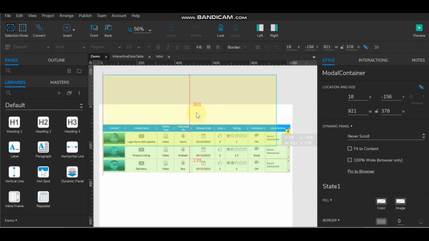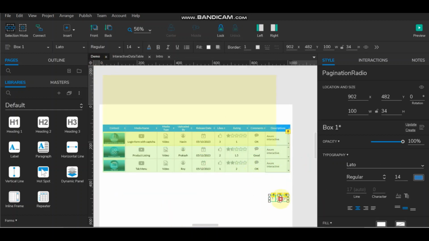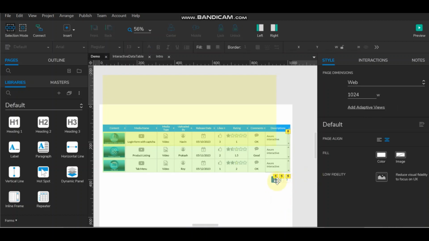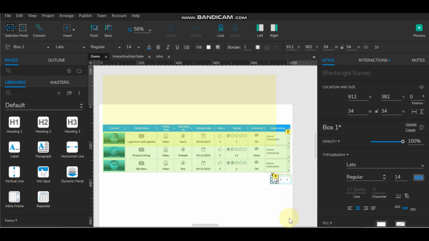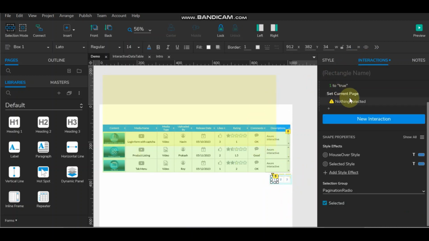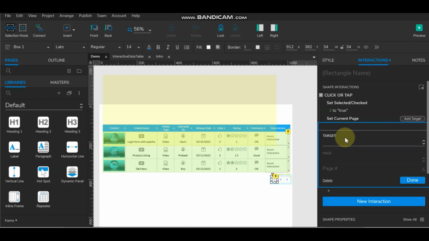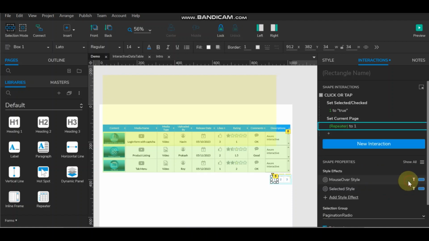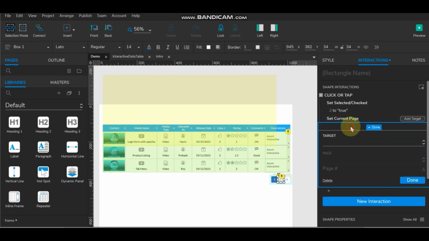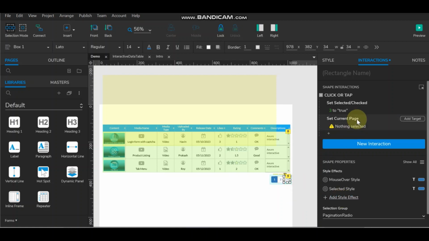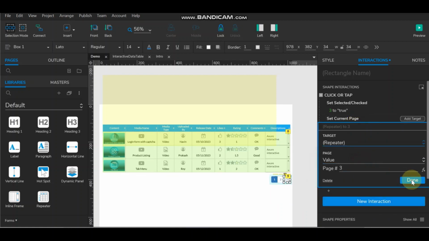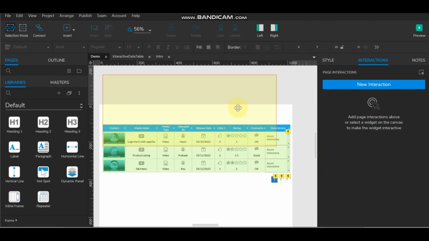You can use any button for the pagination, and for giving the interaction to the button, just select this, and this one will be true while clicking on that, and set the page repeater value page 1. Same way here you can select this repeater value 2, and here the same way value 3. So this pagination is set, and the next is